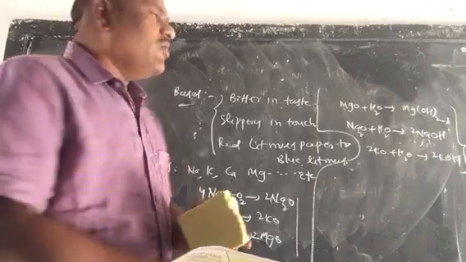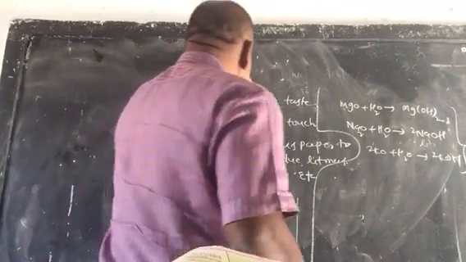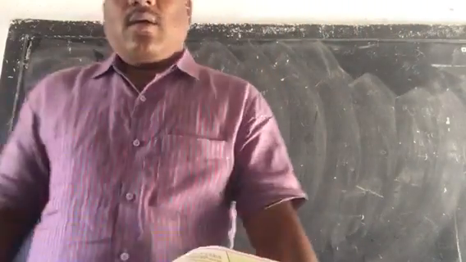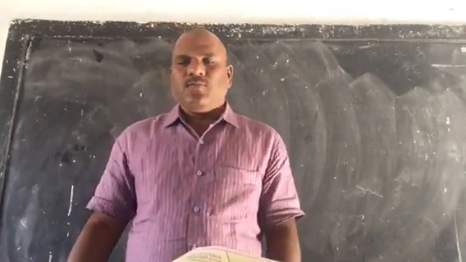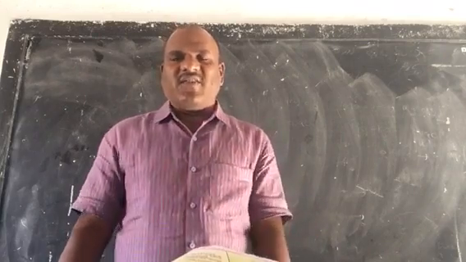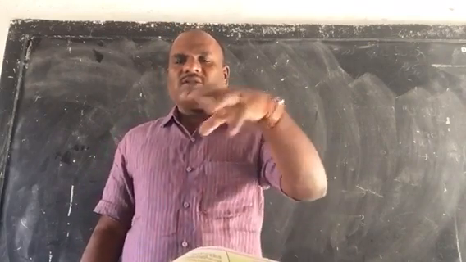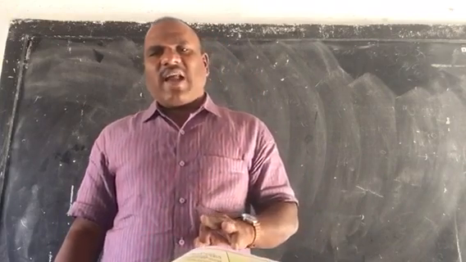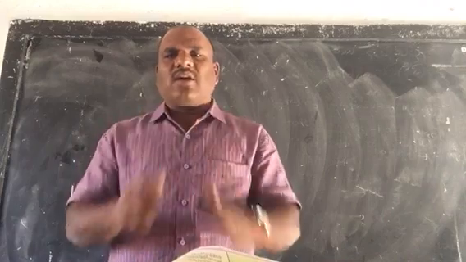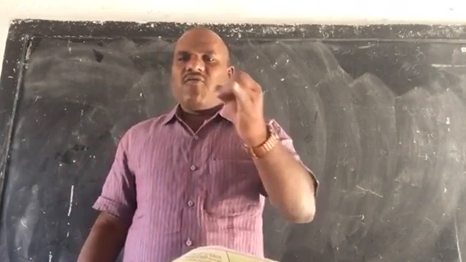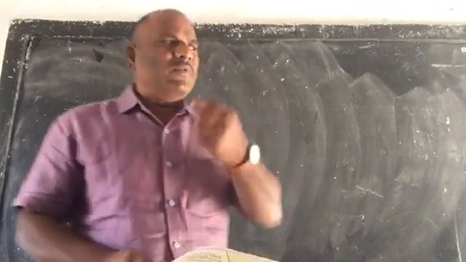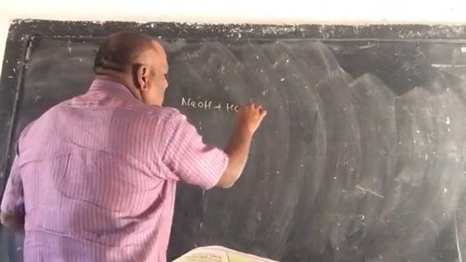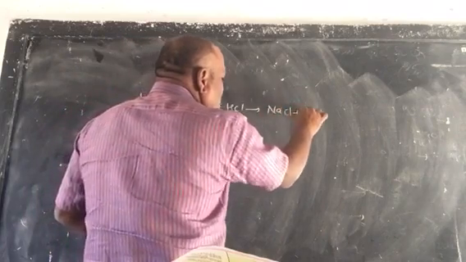Let us see, children, how salts are formed. Formation of salts. Children, you know very well common salt. Common salt's chemical formula is NaCl, sodium chloride. Now, how are salts formed? See, when acids and bases react with each other, they produce salt and water, children. For example, I'll take one example: sodium hydroxide NaOH plus HCl gives us NaCl plus H2O.